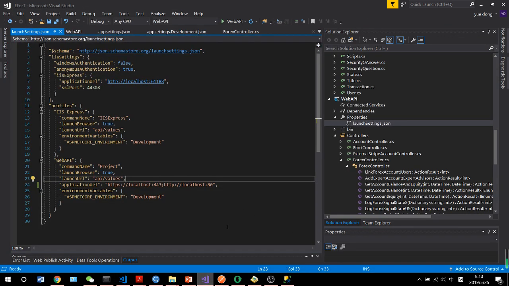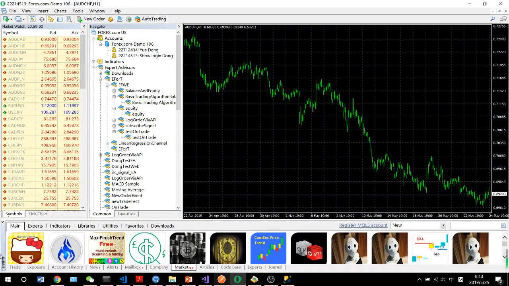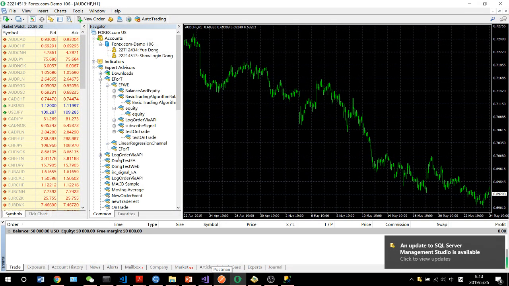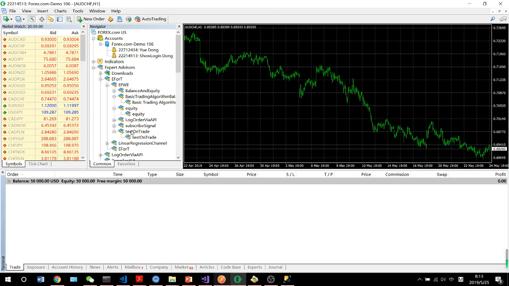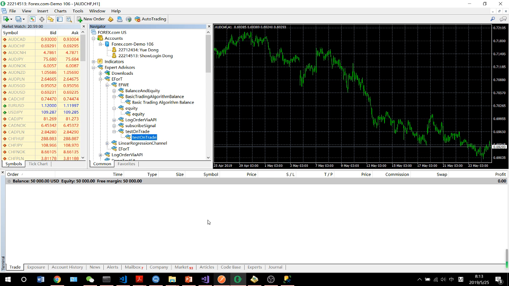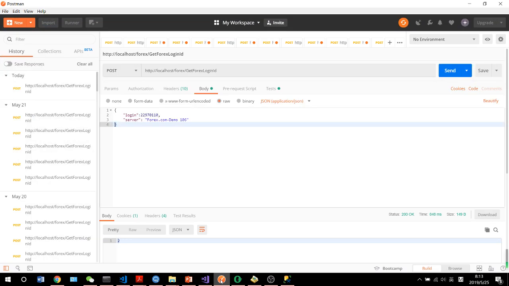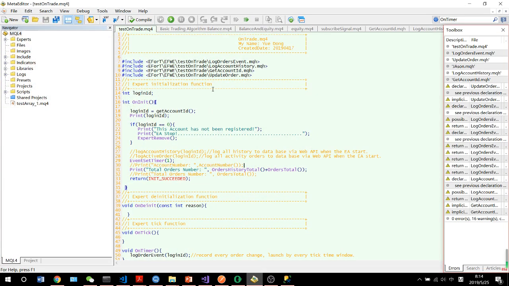Okay. Next, when you open the database and go to our forex part, this part of code is OnTrade. If you want to run the OnTrade code, you need to test the web API first. Use Postman, and there's a simple function of our OnTrade function. The first step is to